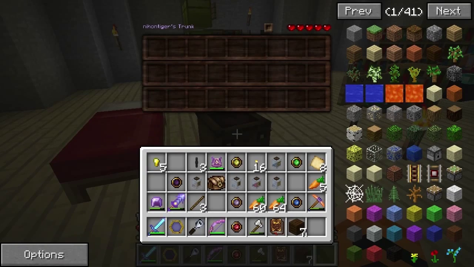So you can see it says NihonTiger's trunk. The 5 hearts up here are the damage that he can take. He's fairly resilient, but you do want to be careful with him. Don't let him get attacked by things. Don't hit him yourself. Now this little button right here, if I click that and it lights up, it says